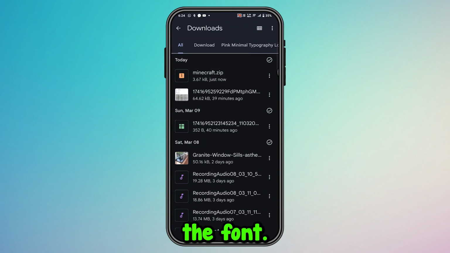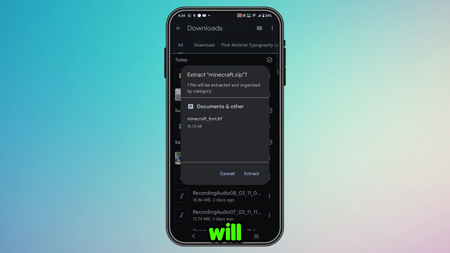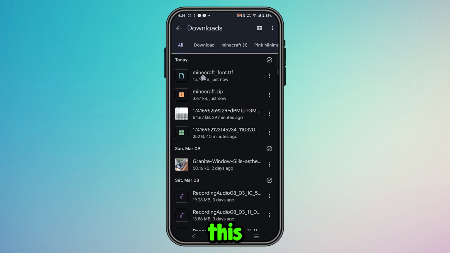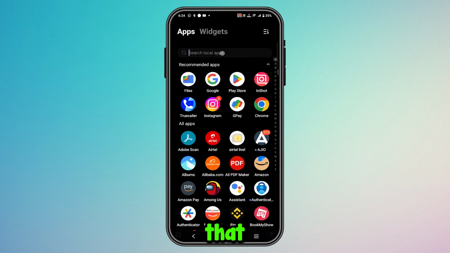Okay, this is the font. Just tap here. This is a zip file. Tap here and this will pop up. Just extract it. Okay, so this is the main file now. So just close it again and go back to our Jet Font